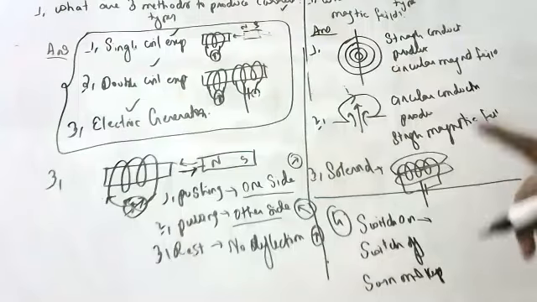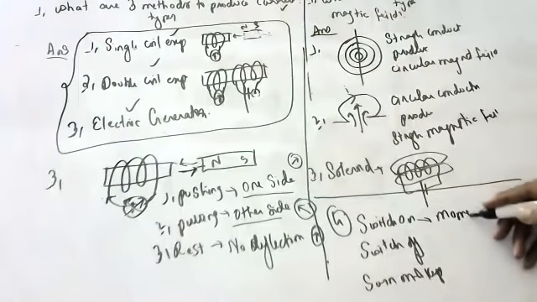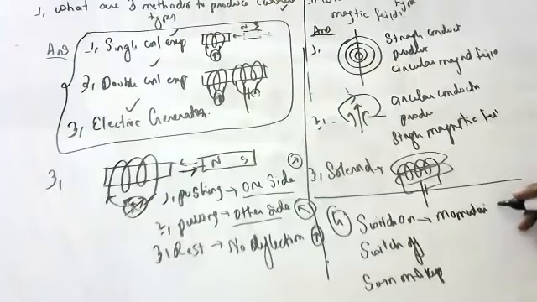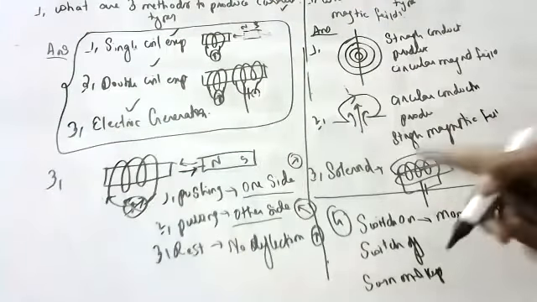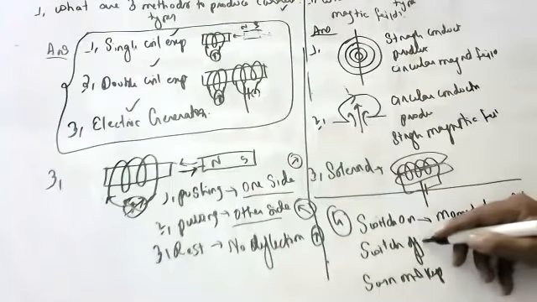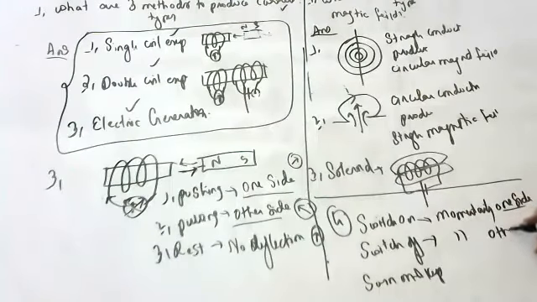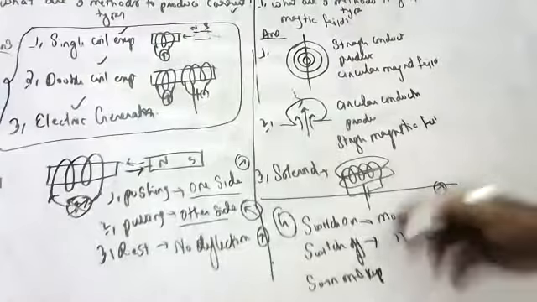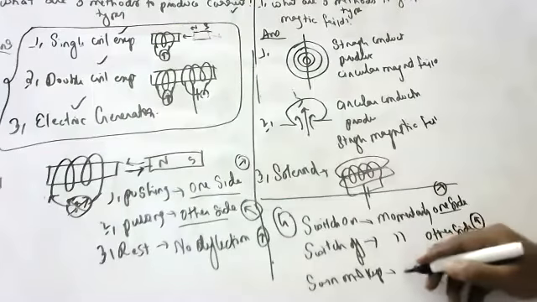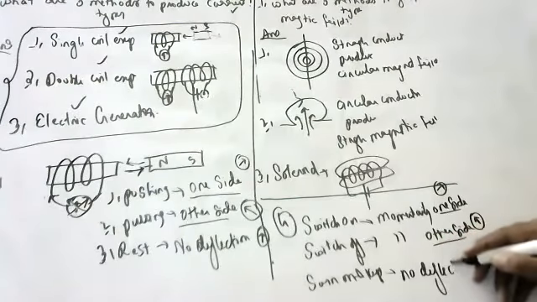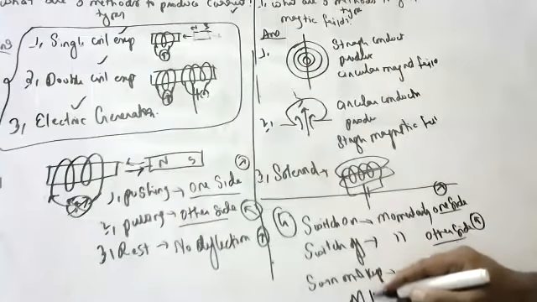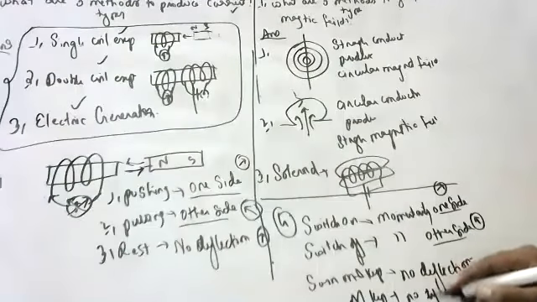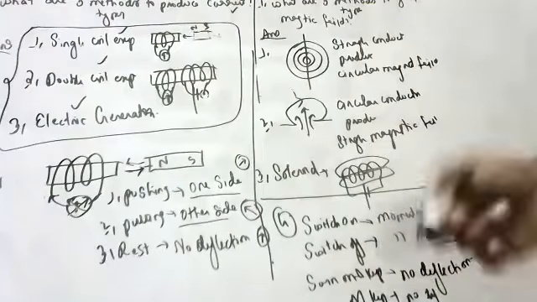On switching on, momentarily, which means just for a moment, the galvanometer deflects to one side. Momentarily means it deflects and comes back. On switching off, momentarily the galvanometer deflects to the other side. Switch on and keep it continuously: no deflection. Switch off and keep: no deflection. Children, continuously switch on, switch off, switch on, switch off.